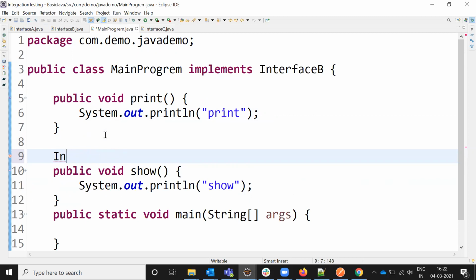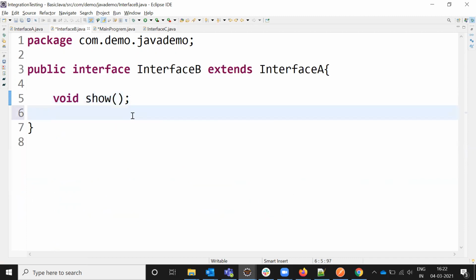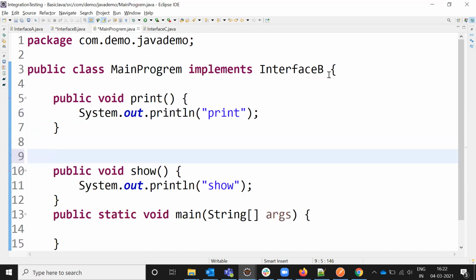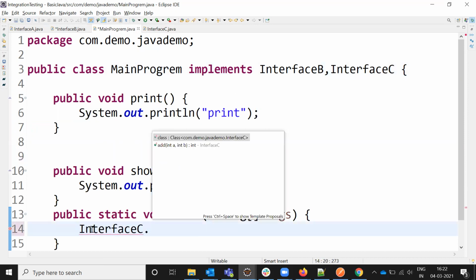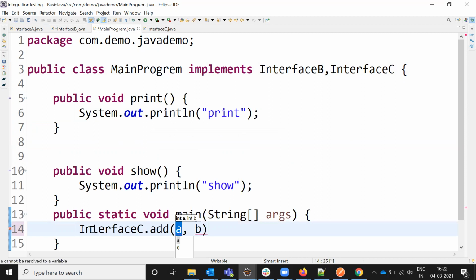I need to use, I think... Oh, sorry, because I am using it from outside every time, right?